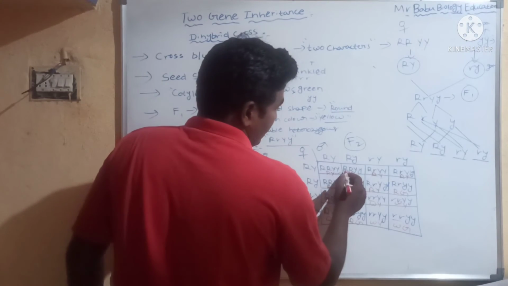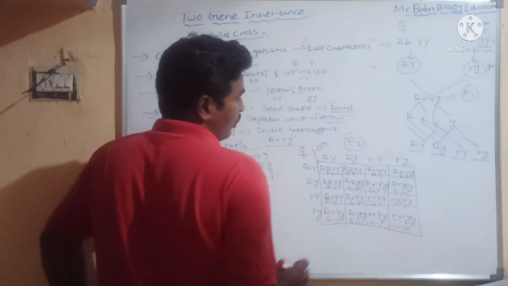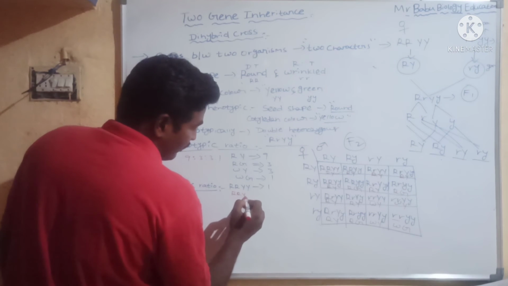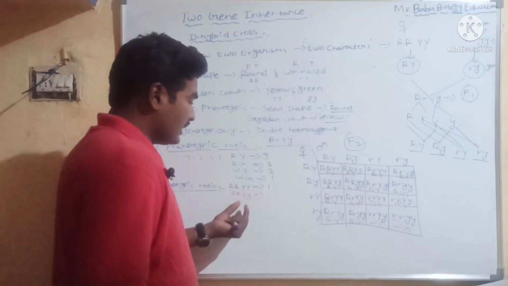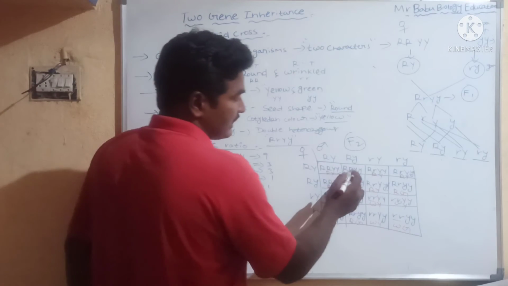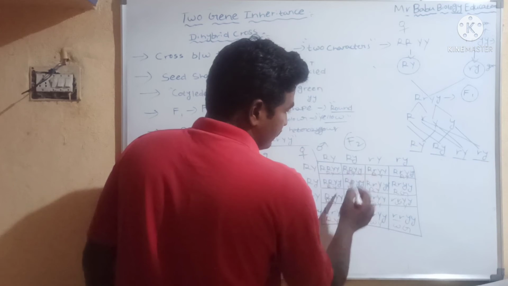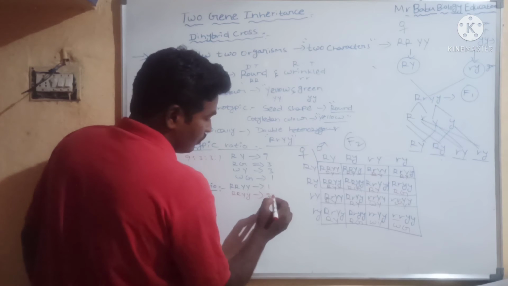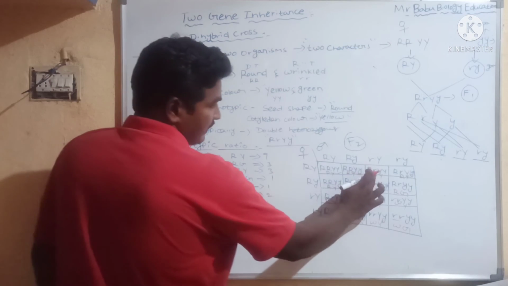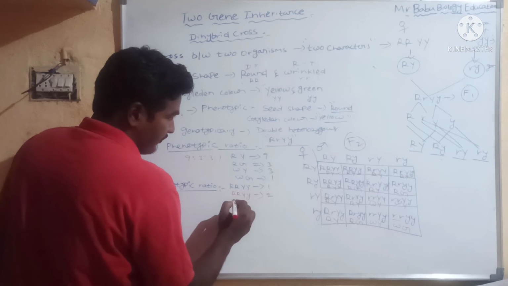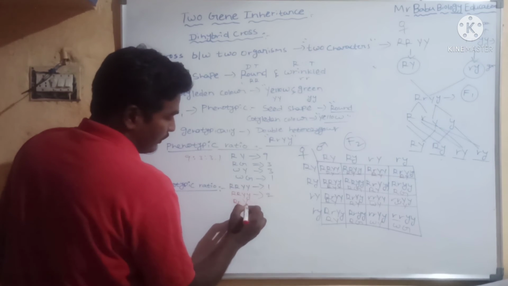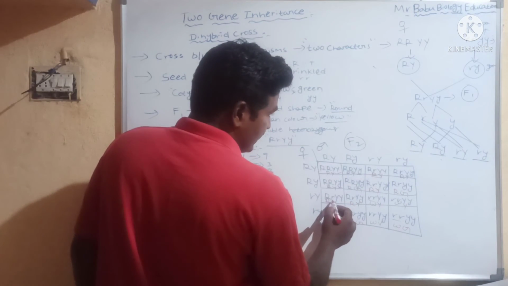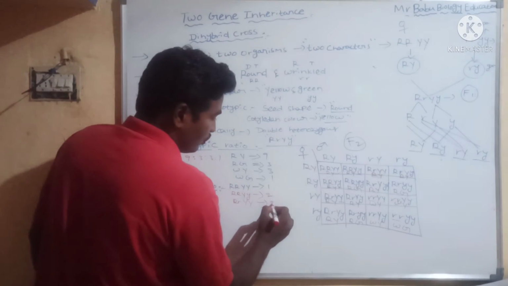Second one. So what is this one? This one is homozygous and heterozygous condition. So how many? Capital R, capital Y, small y. So this is homozygous, another one is heterozygous. So how many homozygous and heterozygous? This is one, right? One here, one. So total 2. Now, next one, capital R, small r, capital Y, capital Y. How many? So this is 1 and this is 1. So total 2.